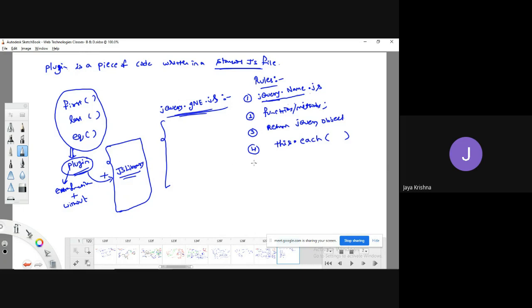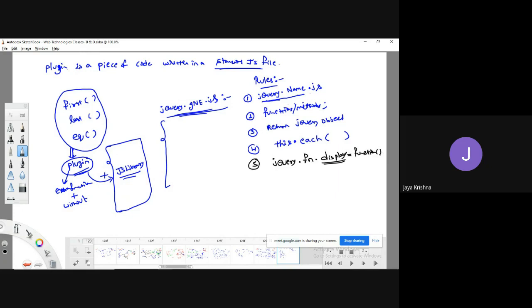One more important point: whenever you write a method, that function should be prefixed with jQuery dot fn. Fn means function, followed by the function name. I am directly writing the example I would like to explain to the class. Display is the function name, followed by the function.